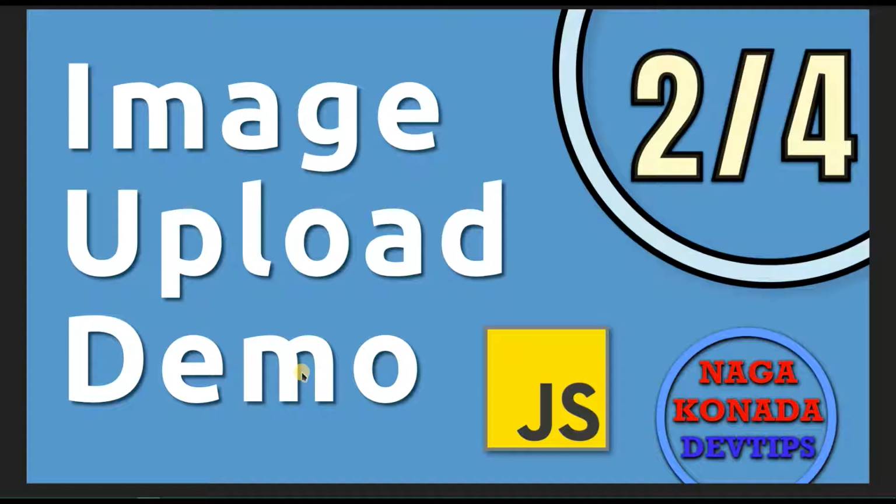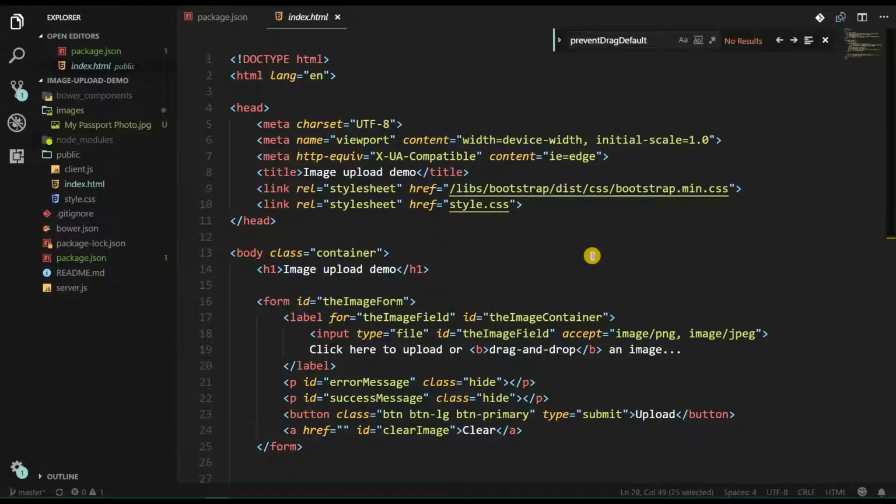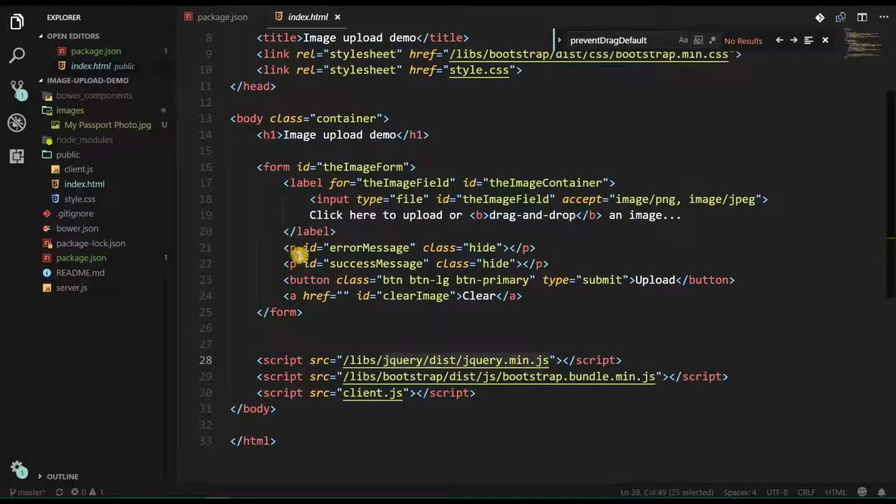This is the second video of a four-part video tutorial in which we're talking about image upload functionality using plain JavaScript in the front end and NodeJS in the back end. Let's get started. Well, here we are in the index file, and this is having the traditional HTML5 markup boilerplate,